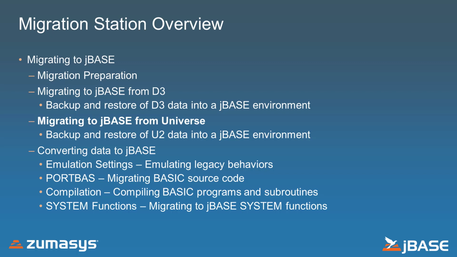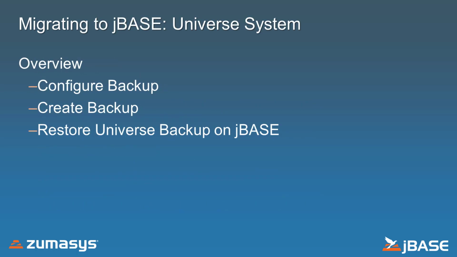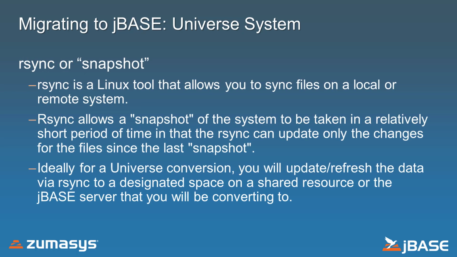UV is Universe, and it is a database that's one of the multi-value platforms. And unlike many of the multi-value platforms, Universe works with Linux-based files. So a lot of the things that we can't do with other databases, we can do with Universe, and one of those is a snapshot. And the reason we like to do that, if